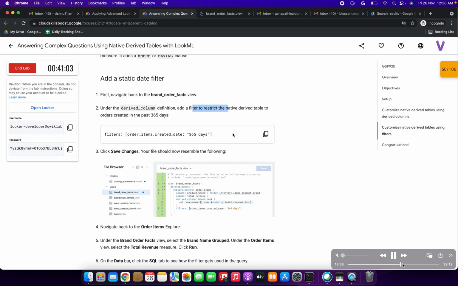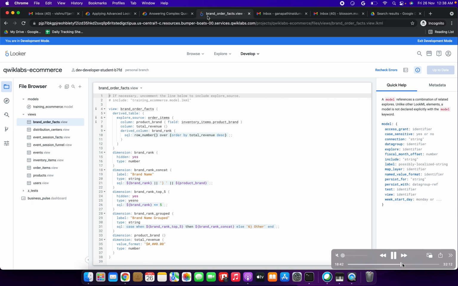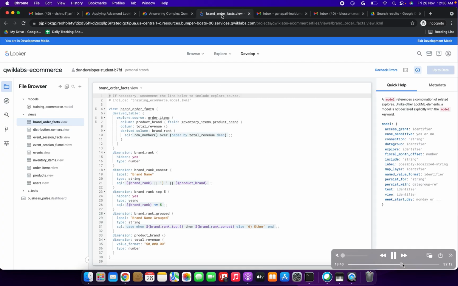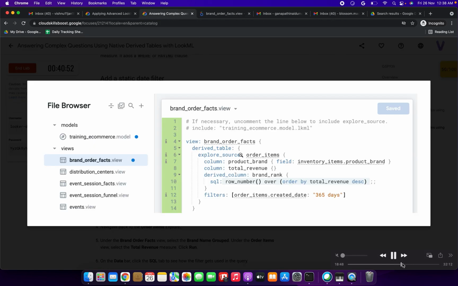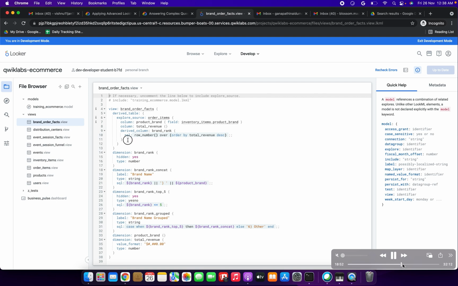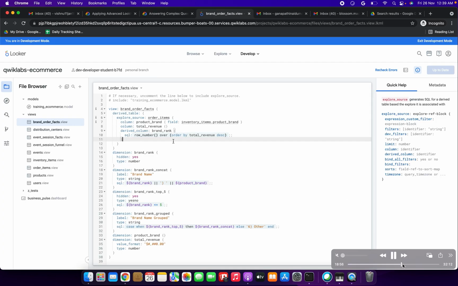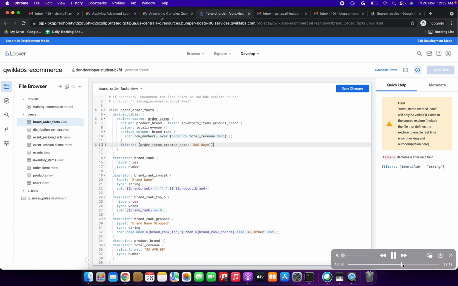We need to put the filters here, not definition, filters. So line number 12, you can see filters. So here we need to update it. Okay, just enter it on space and paste it here.